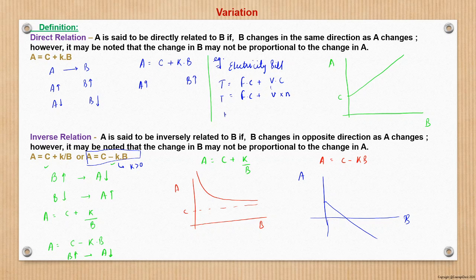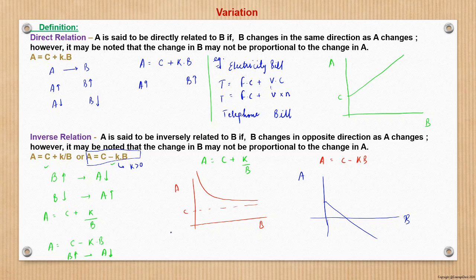Similarly, the telephone bill. For those who had landline connections earlier, even if you don't make any call in a month, you still have to pay some 200 or 300 rupees as a fixed cost. So that was a fixed charge, irrespective of the number of calls we make. However, the more calls we make, certainly you are going to get a higher telephone bill. So this is a form of total cost equal to fixed cost plus variable cost.